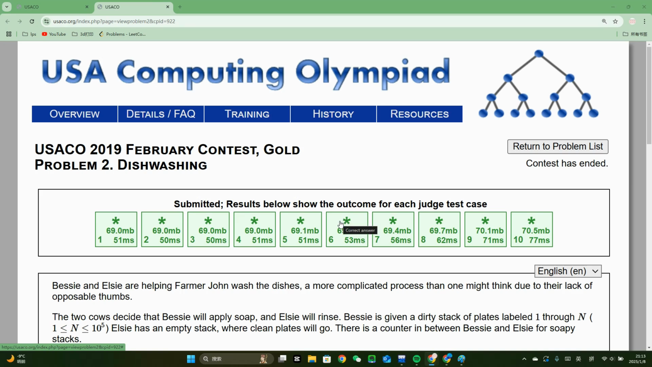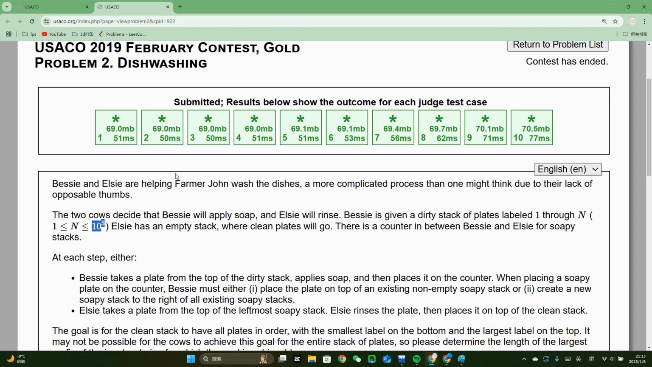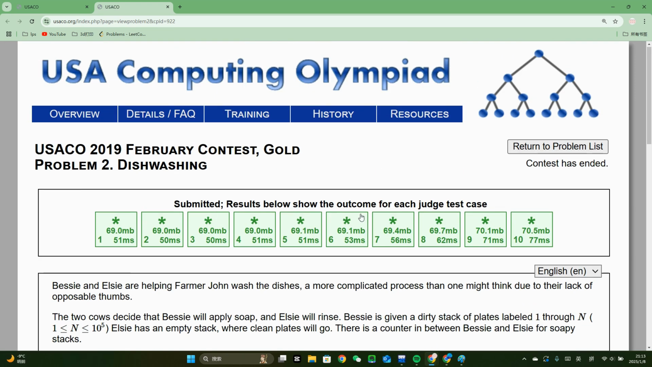Hello everyone, the problem we're looking at today is the USACO 2019 February contest gold problem 2, Dishwashing. And actually there are two methods to solve this with different complexities. The official solution used a method that has linear complexity, with n being 10 to the 5th power, and my solution that I'm going to be explaining today has complexity of n